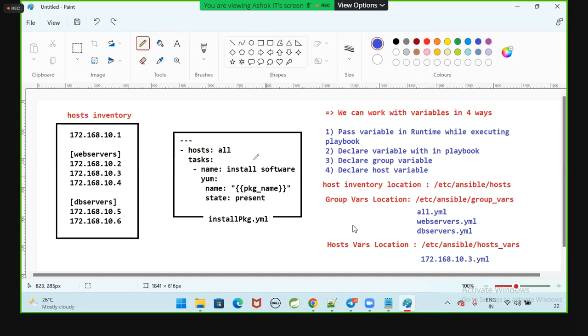If I use a variable within the playbook, that will be applicable for all the hosts. No, I want to change the variable value from group to group. For web servers, the variable value should be zip. For the DB servers, the variable value should be Git or zip, something like that. They are different software. So now, whatever software you want to use for the web servers group, you can